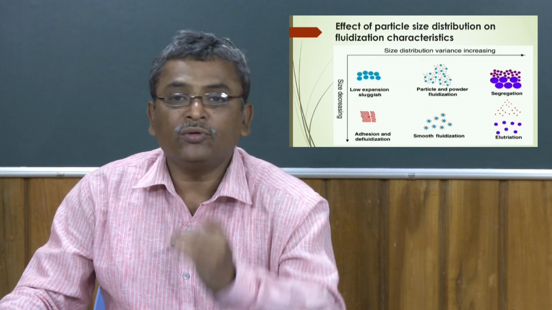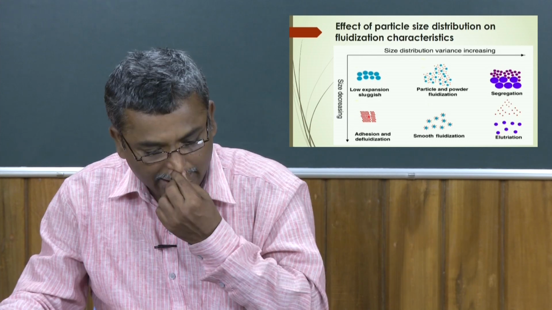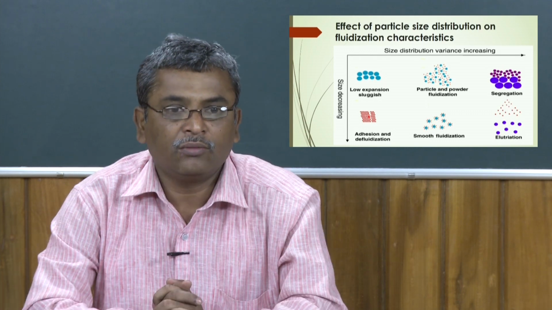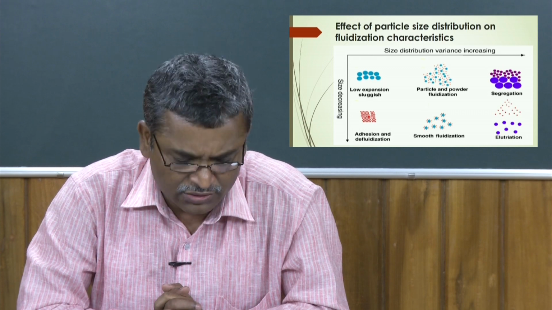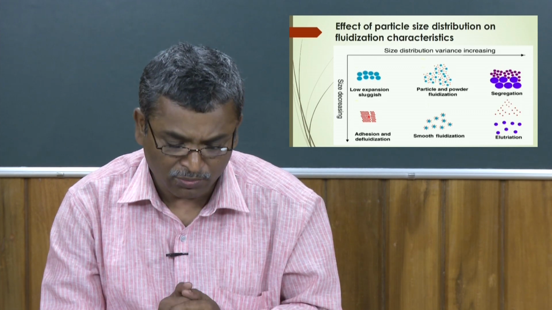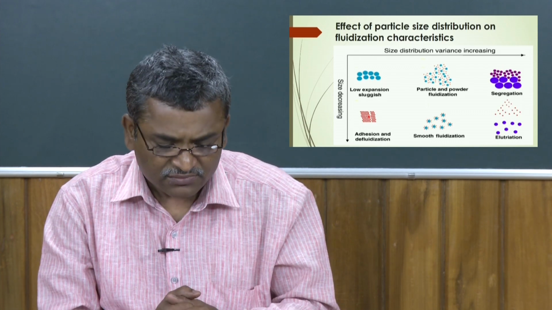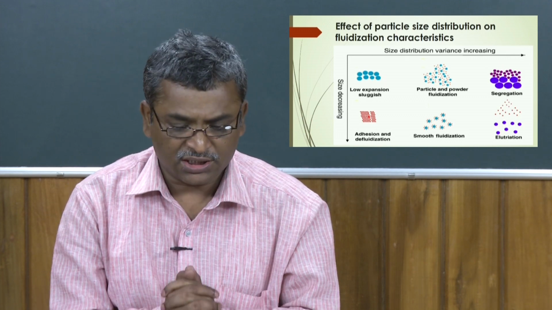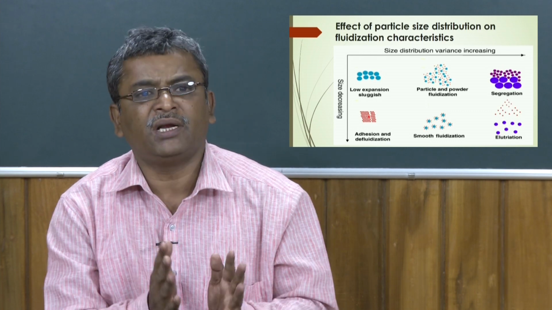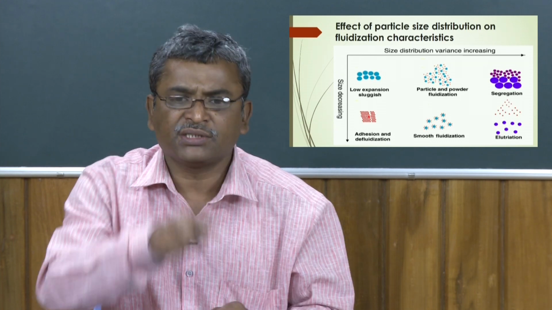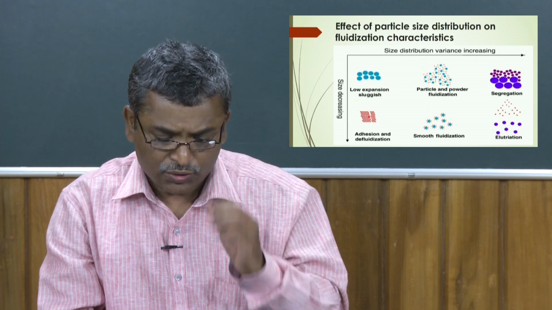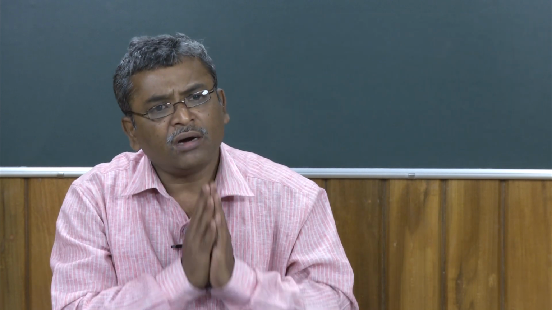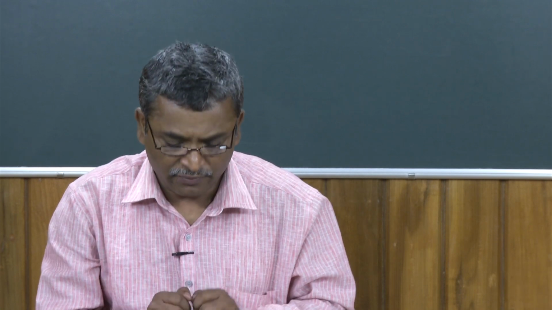Also, if you decrease the size even more, suppose less than 30 micron, what will happen? The cohesiveness of the particles will be there, because intermolecular attraction will be more. In that case, fluidization is very difficult. So, for very fine particles, if all the particles are the same in size, the particle size distribution will be narrower. In that case, finer particles with a narrower distribution will not be suitable for fluidization,